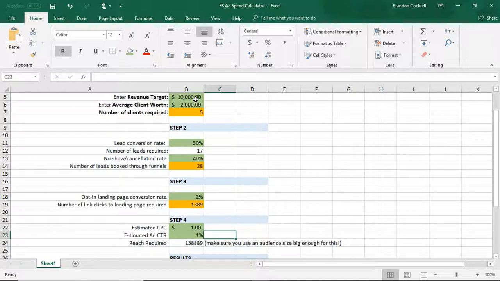Estimated ad CTR, or click through rate. Whenever you're marketing to a cold audience, you want to look at a minimum of 1% in order for your ad to really kind of be successful. So let's just base it off of that 1% click through on my ad, which means I need to reach